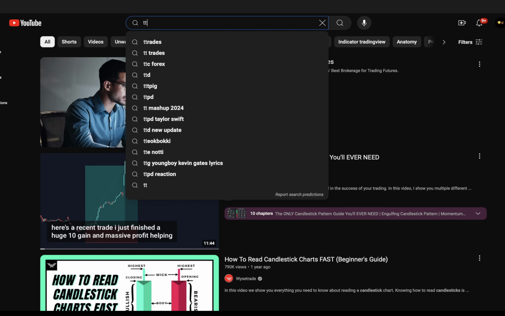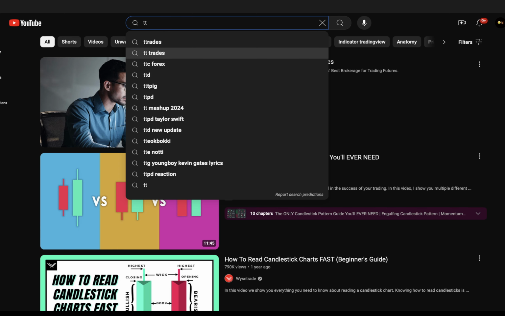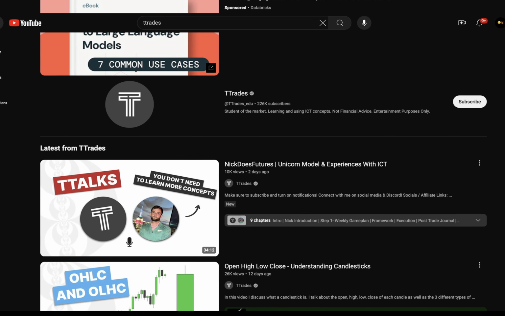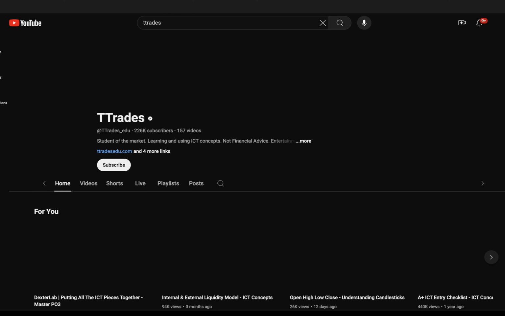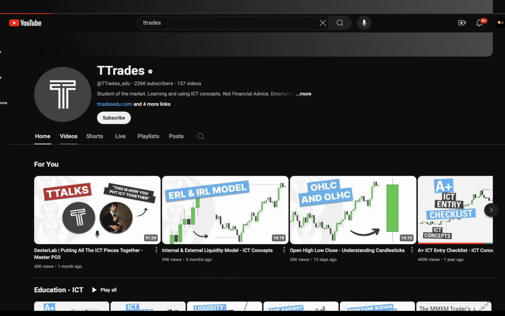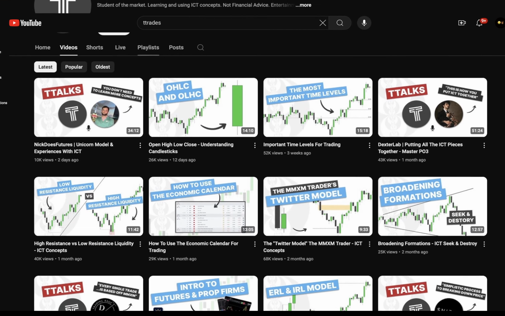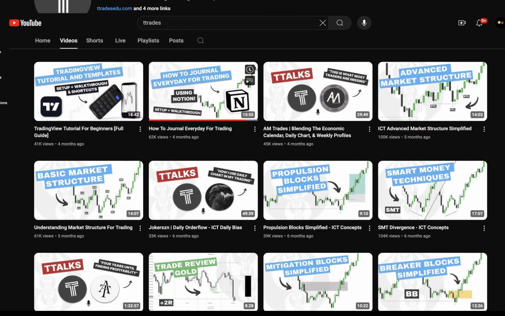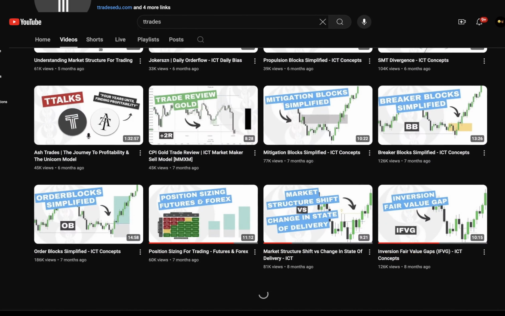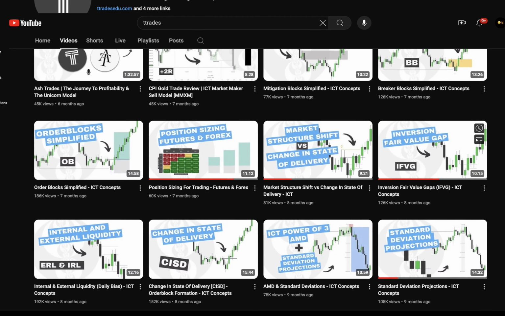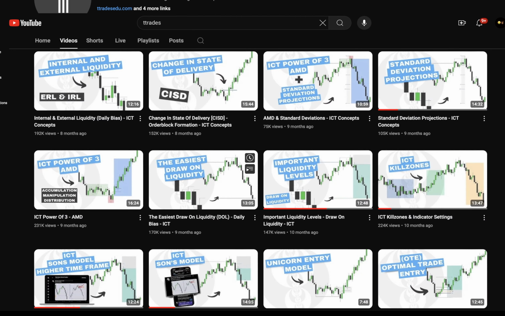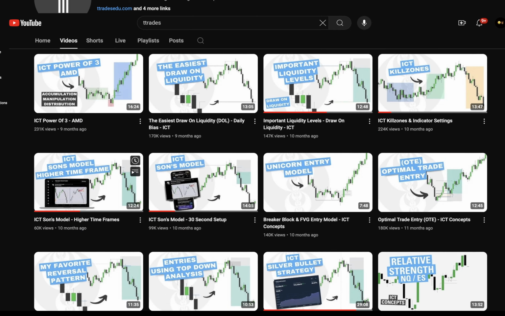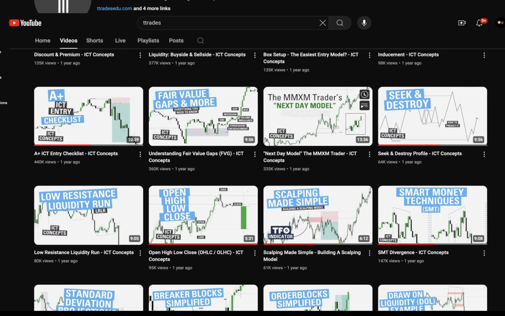And then once you stick with ICT and you just need someone to help you practice or with certain things with ICT you don't understand, then you go to T-Trades. You can just search displacement. You can search internal range, external range liquidity. Like here, you can search order blocks. You can search specific terms for ICT that you need to learn, inversion fair value gaps. See how I've watched a little bit of these. Kill zone, which is a good kill zone indicator. You learn all of this first.